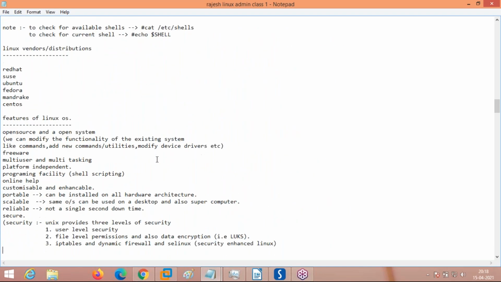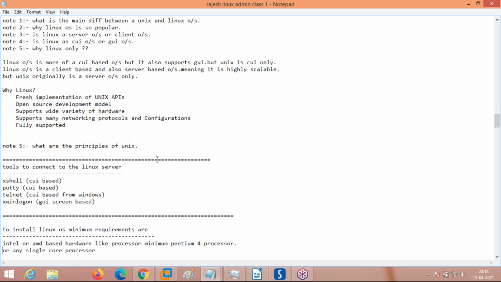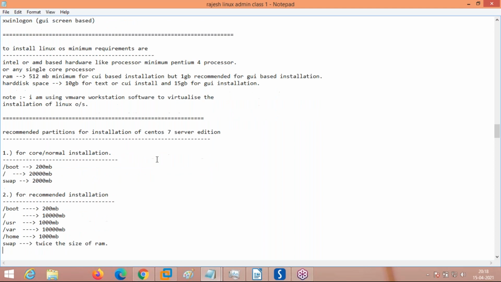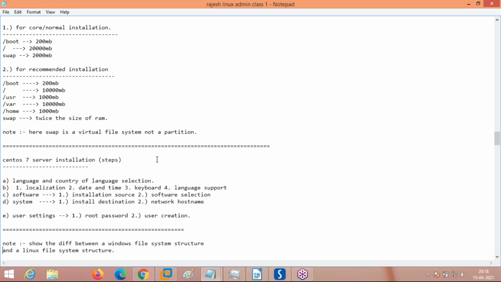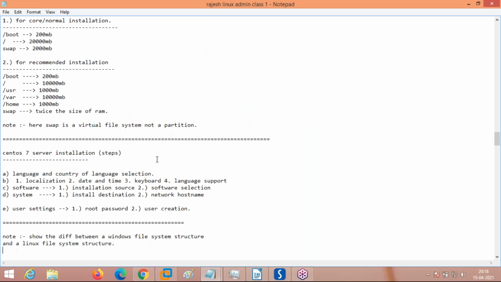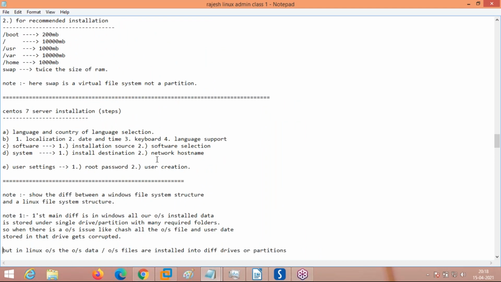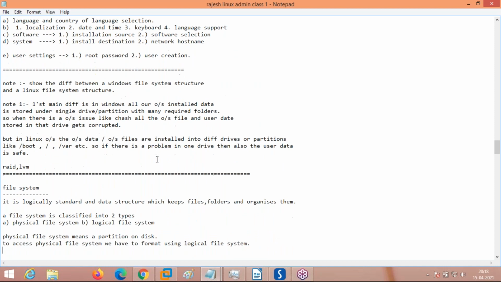Now I will show you how to set up the hostname, how to set up the IP address, and how to set up the hostname to IP address mapping. If these three are set and running, your system can be used for further deployment. Everybody is getting it? Any doubts you can raise.